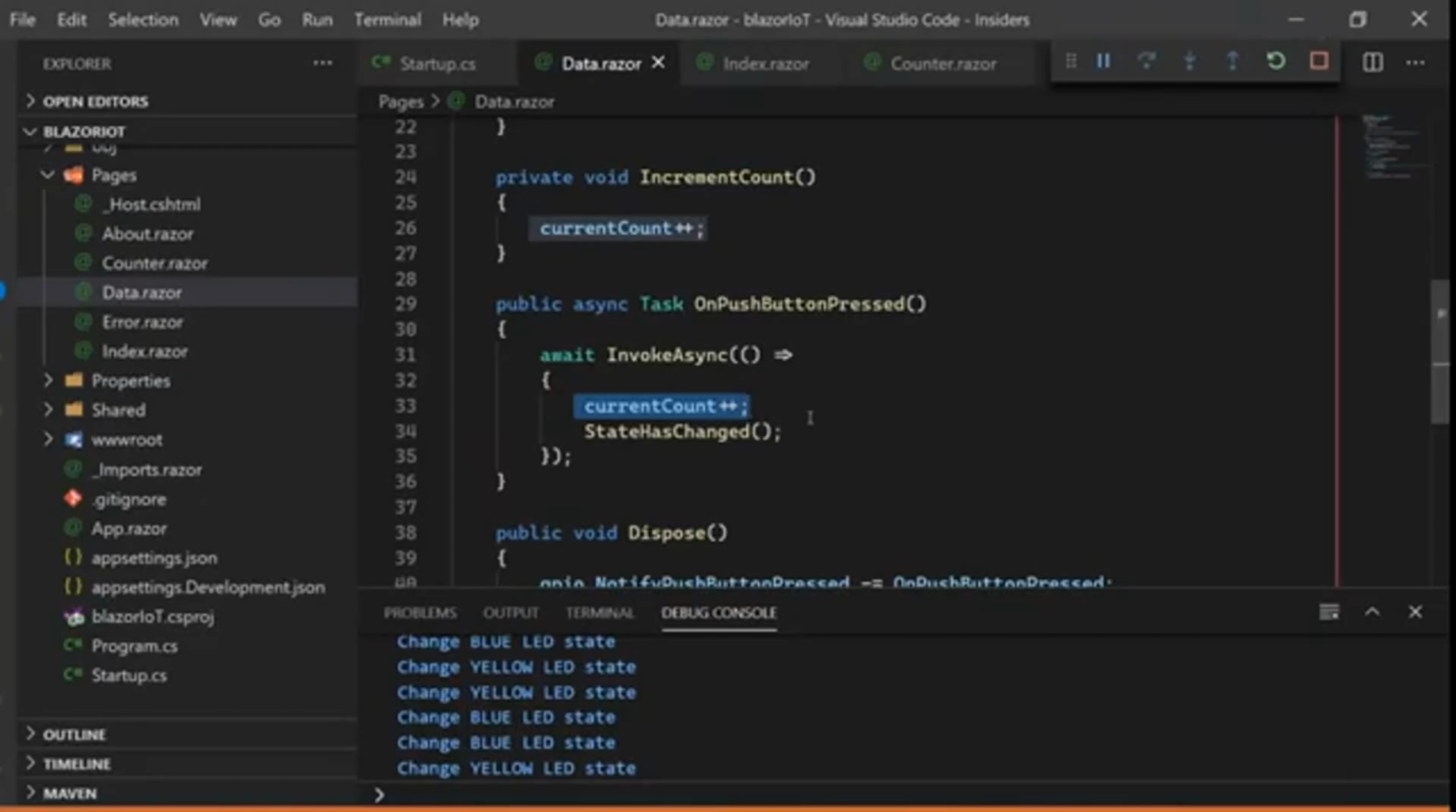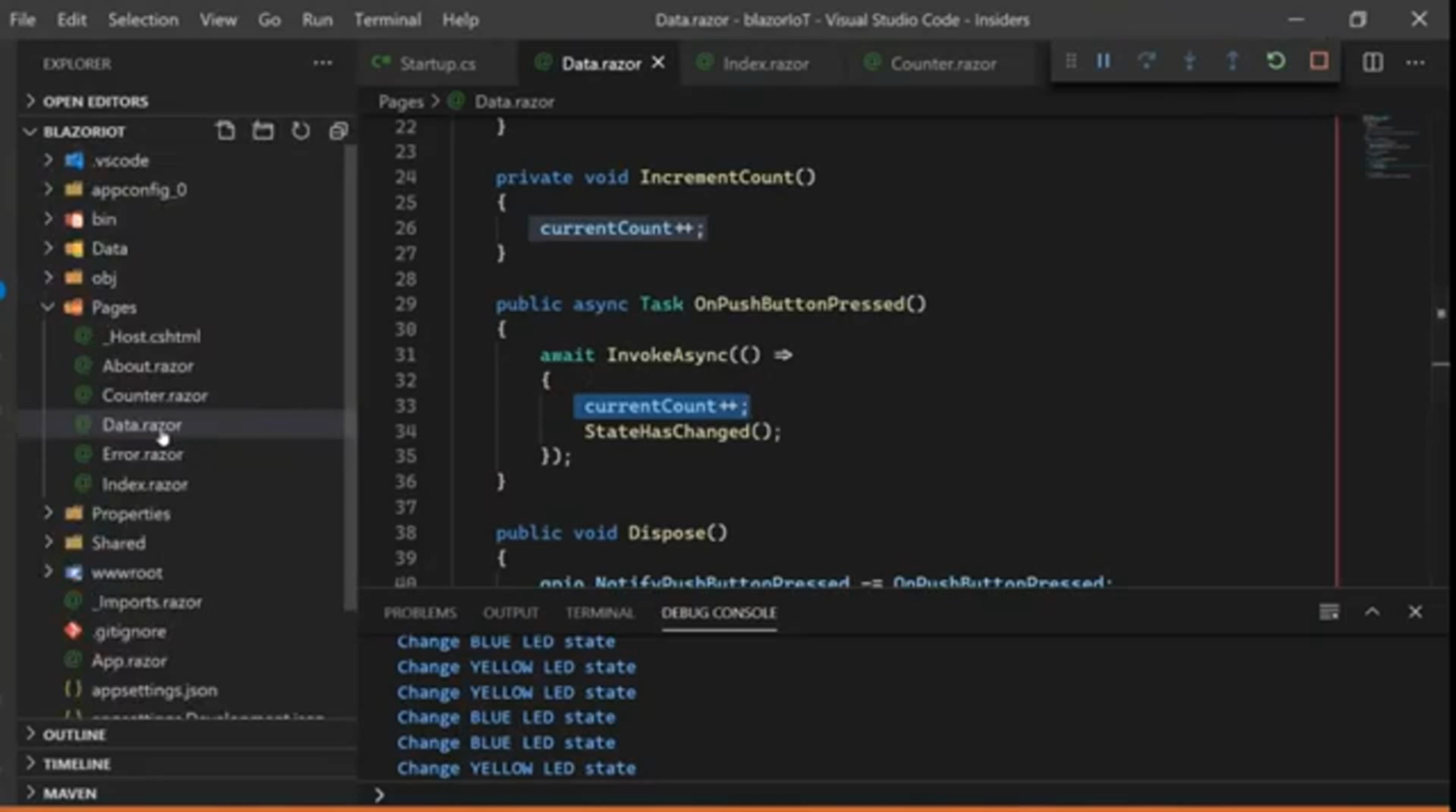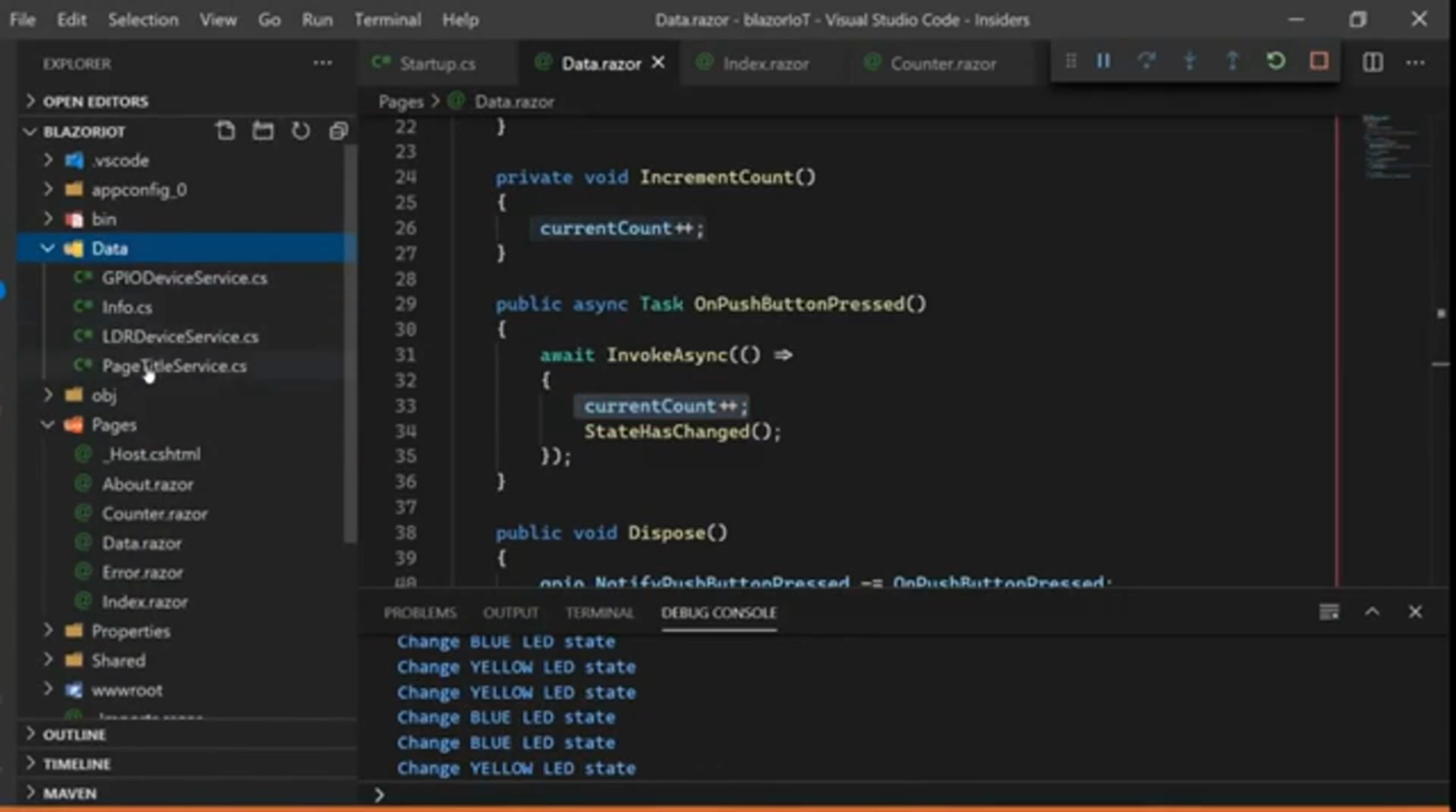And this button is coming from a GPIO input. As we showed in the last video, we introduced the GPIO on the .NET. We have an input. Can you show for us when? Yeah. Here on the Blazor,